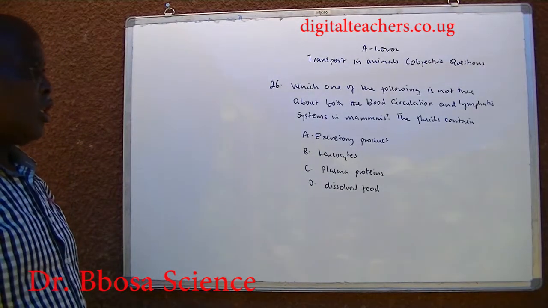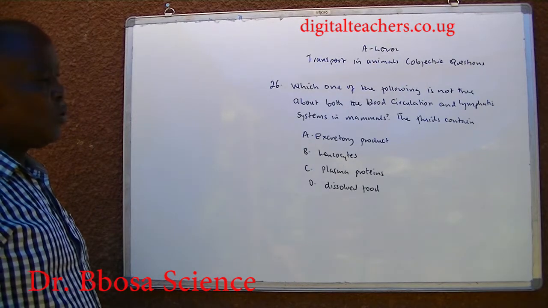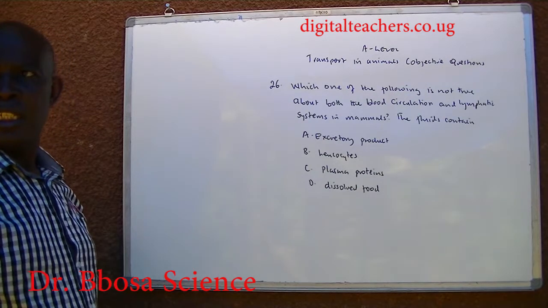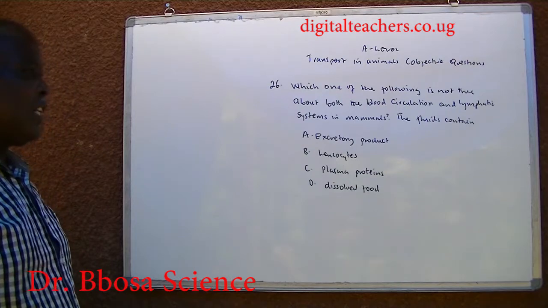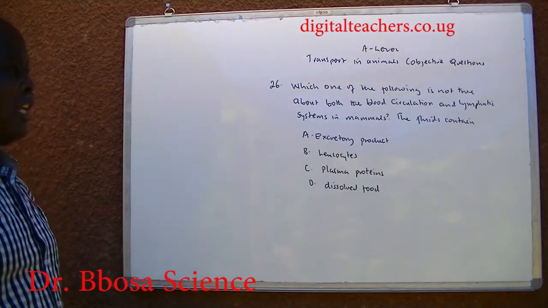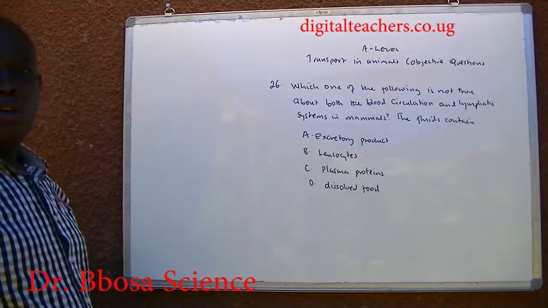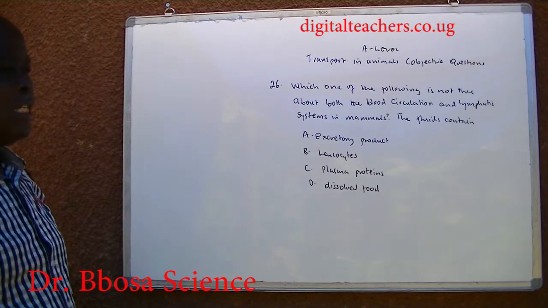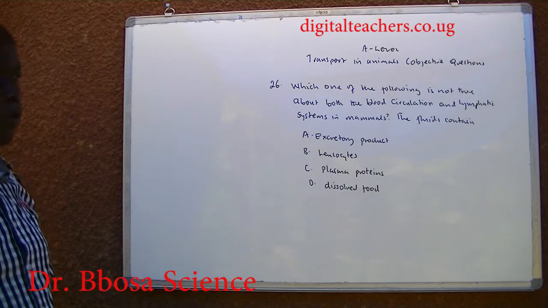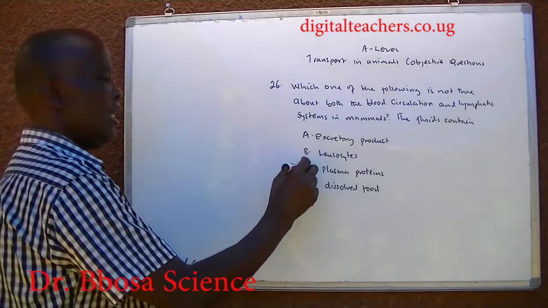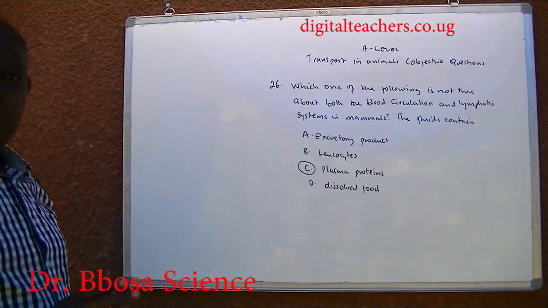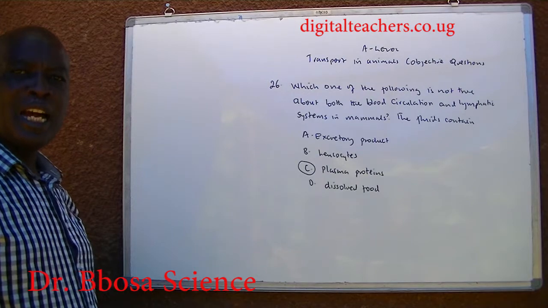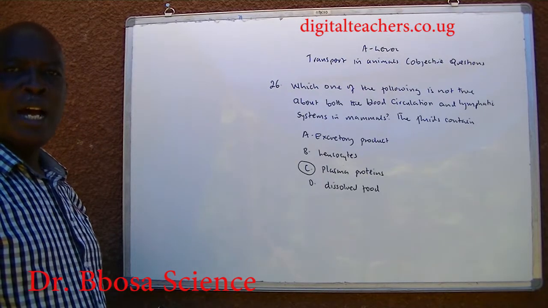Number 26. Which one of the following is not true about both blood and lymphatic systems in mammals? The fluids contain A. Excretory product. B. Leukocytes. C. Plasma proteins. D. Dissolved food. You can pause and answer. The answer is C. Lymphatic tissue does not contain plasma proteins because they cannot go through the pores of blood